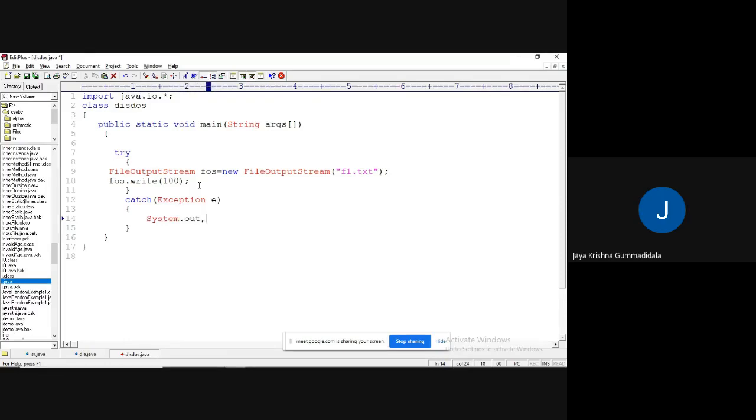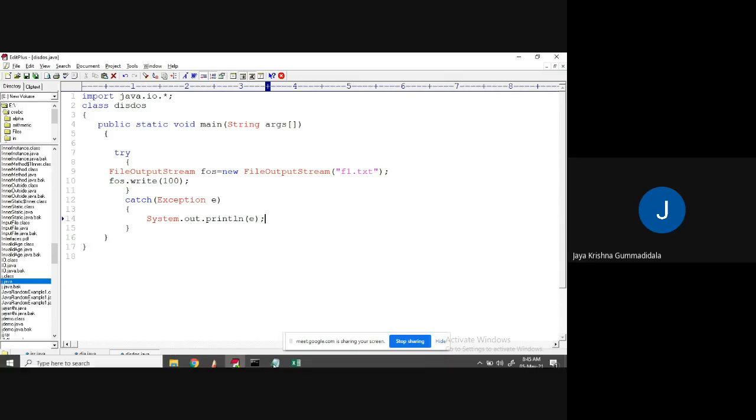If you raise any kind of error, you need to put the handling syntax. That is the reason I am writing try catch, or else I can use the throws keyword, throws IOException, or throws Exception. I don't want to handle it myself, you can handle it, my parent. Please handle yourself, that is the convention we are showing.